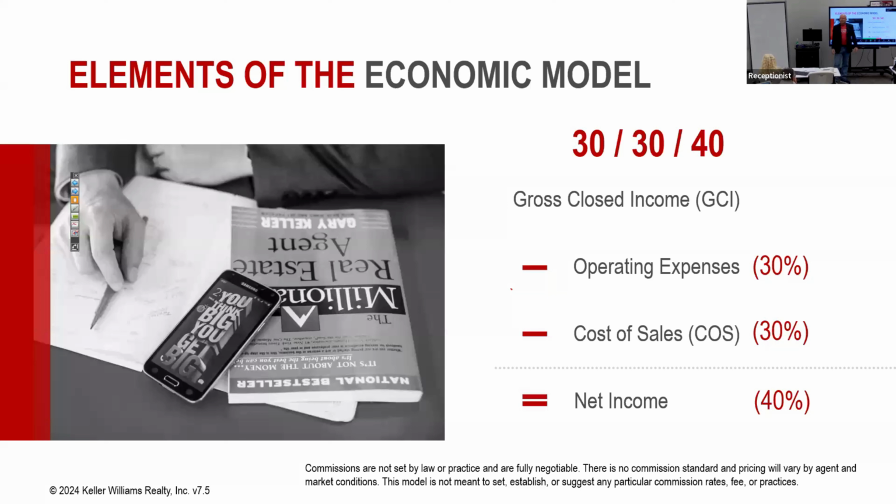Below $1 million a year, your cost of sale and your operating expenses can probably be a lot less. We'll go into the budget model at next week's team meeting, where your operating expenses can be much less as a single agent. And so your net income could be as much as 50, 60, 70%. A single agent who's really being efficient with their time is keeping somewhere around 70% as net income. We'll talk about that more next week. Teaser to be here next week.